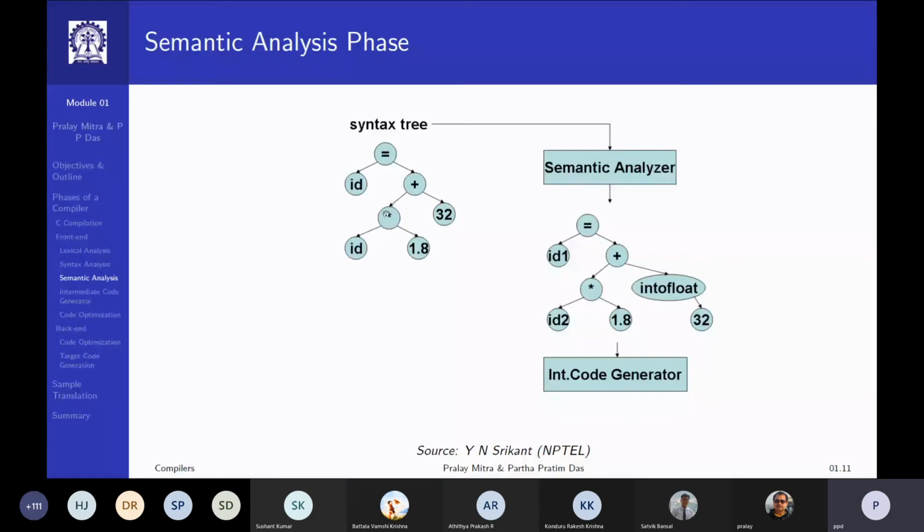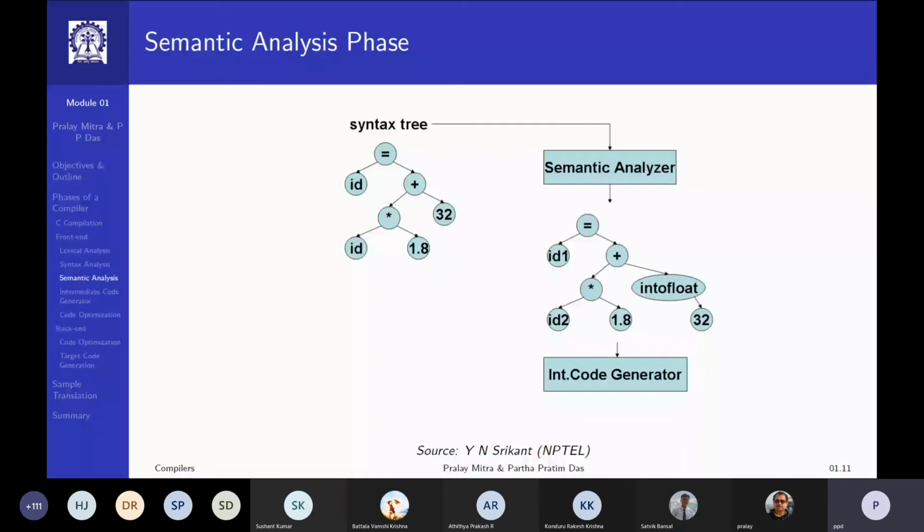So when you look into the plus operator, you have a left operand which is a floating point constant. You have a right operand which is an integer constant. You may be aware that typically the CPUs will have two different kinds of adders.